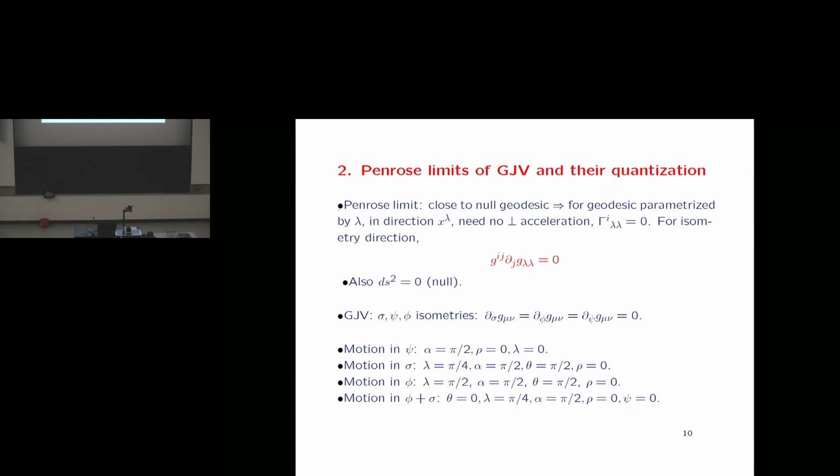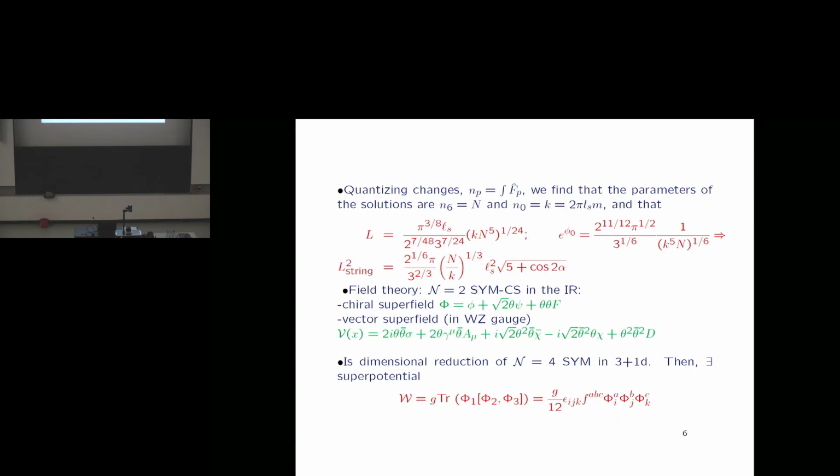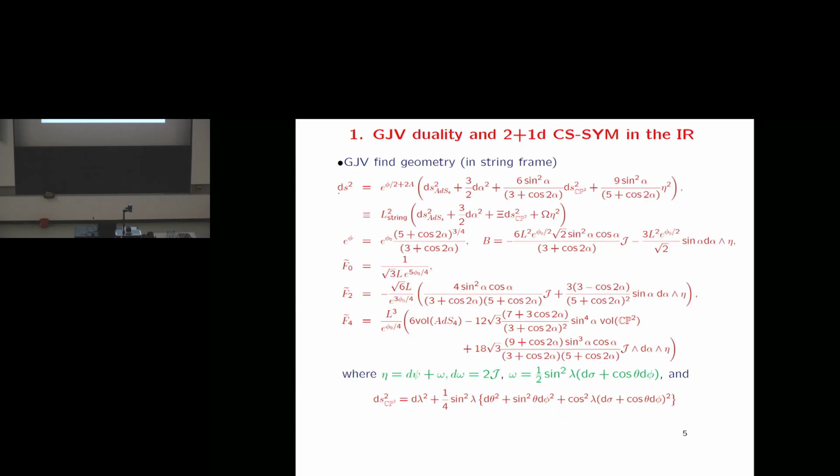that there should be no acceleration perpendicular to the direction, which amounts to this Christoffel being 0, and moreover, if the direction is an isometry of the background, the condition becomes simply this. The condition to be an isometry is not necessary, but it's a simplification because in that case we can calculate things more easily. So if you look at the background that I described for you here, you see 3 isometries